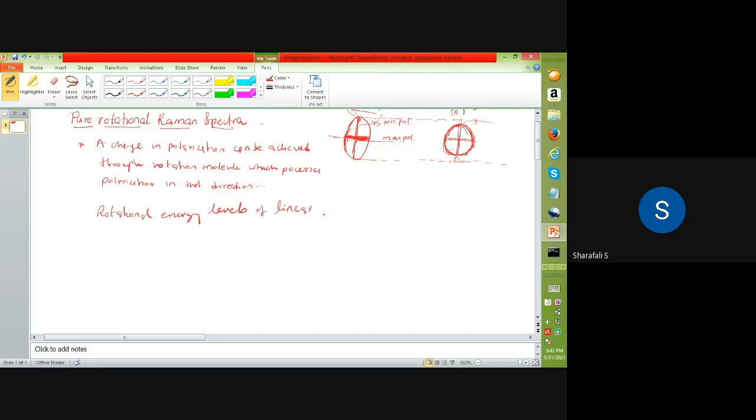All those other things we will discuss later. First, we consider the simplest case, the diatomic molecule. In this case, the rotational energy for a linear molecule can be written as